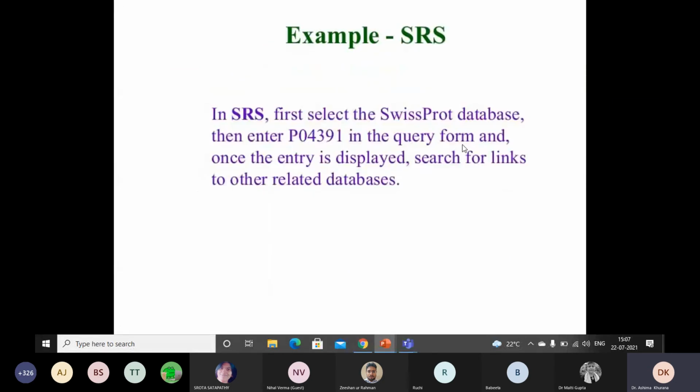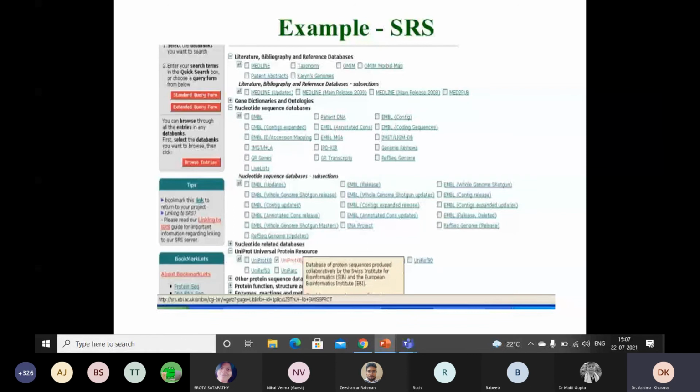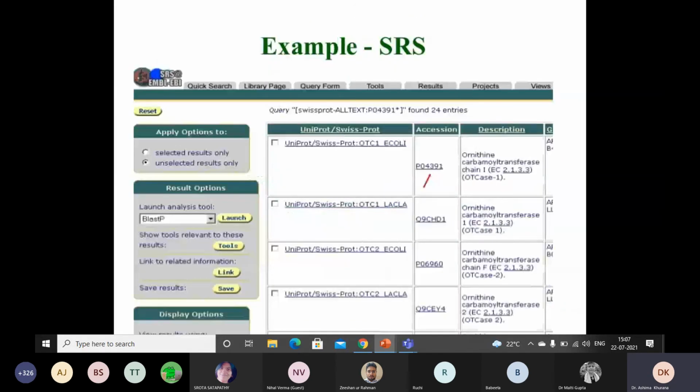In SRS, first select the Swiss-Prot database, then enter P04391 in the query form, and once the entry is displayed, search for links to other related databases. Like this shows for SRS.